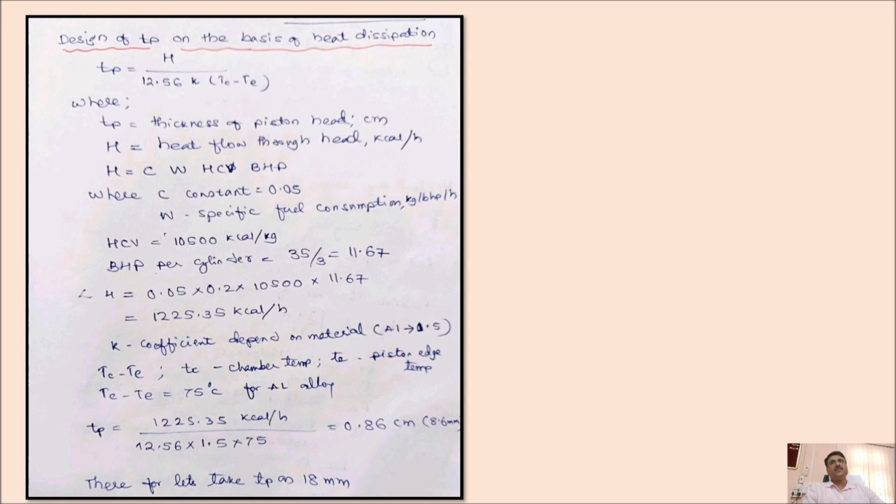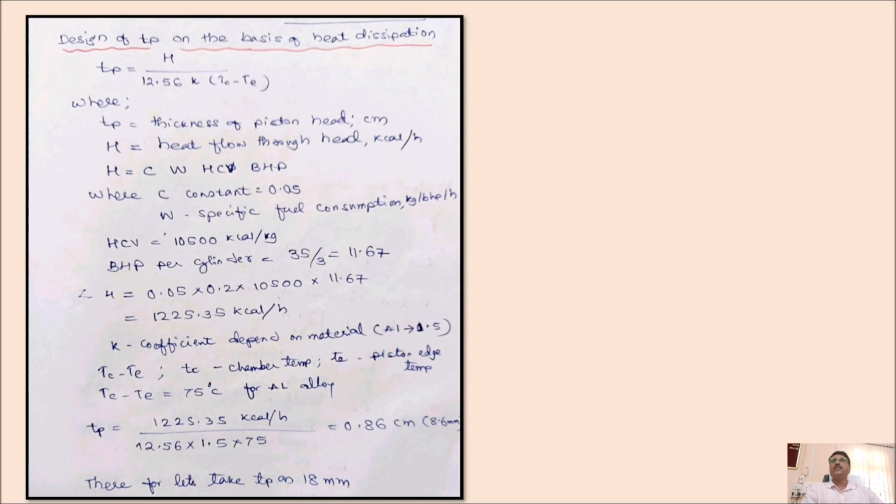H, the heat flow through the head, is calculated by the formula H equal to C W into HCV into BHP. C is a constant and it is 0.05. W is the specific fuel consumption, in kg per bhp per hour. So for a diesel engine, we are considering the value of W as 0.2 kg per bhp per hour, and HCV is the